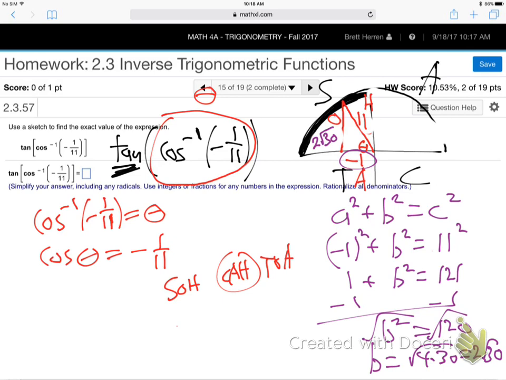You just call the whole thing inside theta, which means cosine inverse of negative 1/11 is theta, so cosine theta is negative 1/11. You put that on the triangle, put theta to the x-axis. You could do it in the first quadrant, it's okay. Back 1, up, I don't know, hypotenuse 11, cosine is adjacent over hypotenuse. Do the Pythagorean. b is root of 4 times 30, right? 120 is 4 times 30. Root of 4 is 2, root 30. So put that in for b. And now, this whole question has become